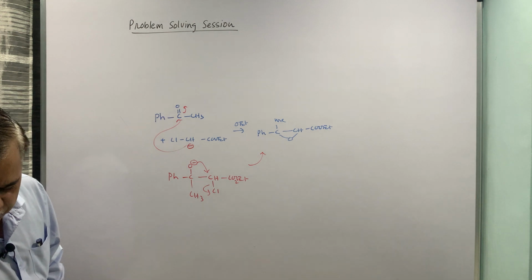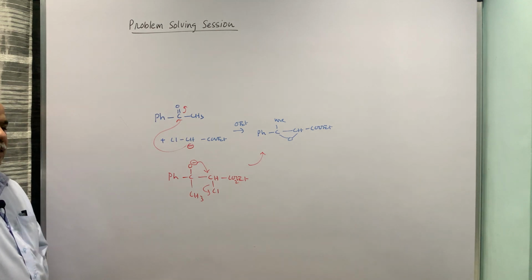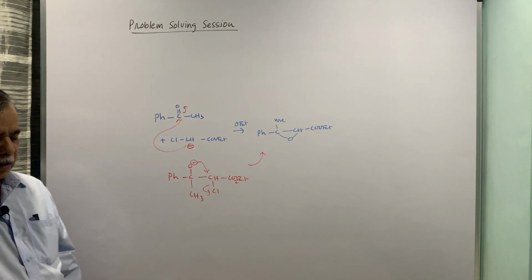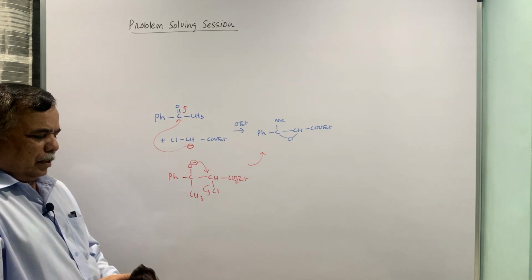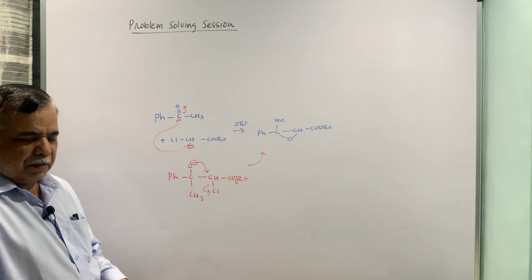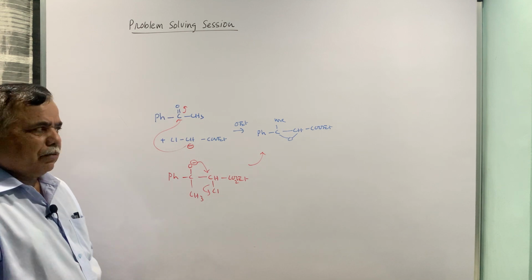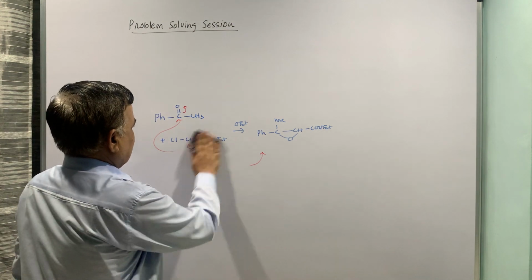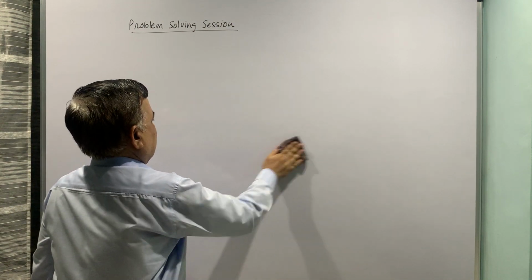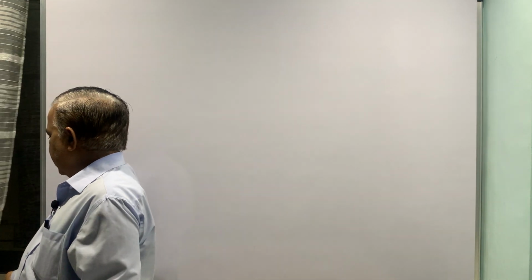There are many more examples, but we will do stepwise. Maybe a couple of lectures for rearrangement, a couple of lectures for oxidation and reduction, and 1 or 2 lectures for carbonium ion, carbanion, those intermediates, and after that I will give one questionnaire for your practice, maybe for your online exam. So that will be more useful to you if SPPU conducts your online exam. So that will be a ready thing for you guys.